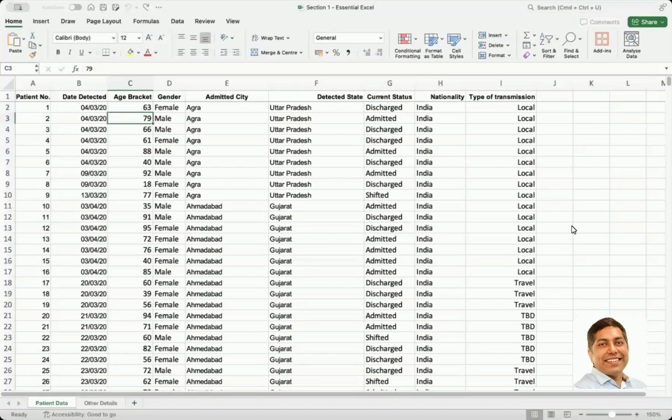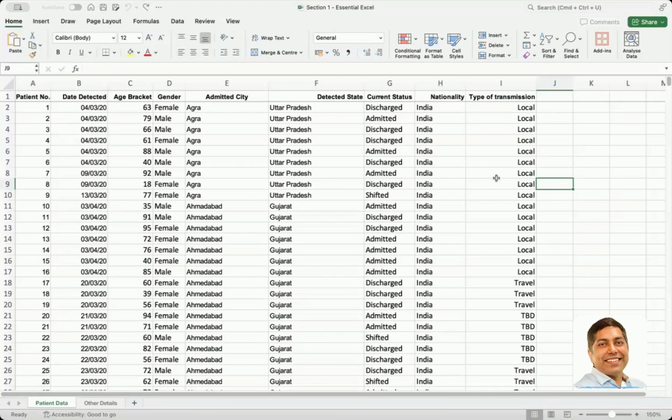Hello everyone. In this lesson, we are going to see an introduction to Excel, and we will start with our first file in your resources, which is Section 1, Essential Excel. In this section or module, we will learn how to get started with Excel and the basics and foundations of Excel. First, if you open the file, the whole file when it's open is